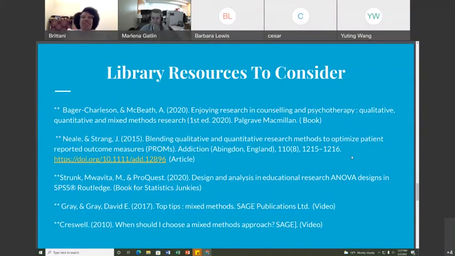Okay. So I just have a few slides of library resources to consider, and then where you can get help on campus for thinking about this. When I'm done with this presentation, I'm glad to show you on the library website where to find these things. This is just a sampling. You don't have to consider these specific library resources, but I tried very hard to pull a few things that actually show research about methods,